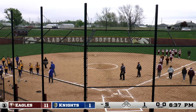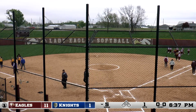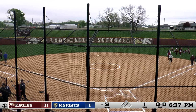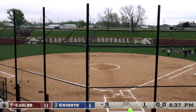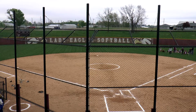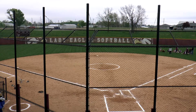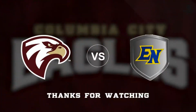So taking a look at some of the stats, the one that got me was a perfect batting average on the day. 3 plate appearances, 3 at-bats, 3 hits, 2 doubles, 1 single for number 12, Haley Webb. Perfect batting average for today. A couple of them who got close are number 2, Casey Snyder, who had a .667, number 19, Emma Hiss, who had a .667, and Monroe Hyde, who had a .667. All of them got close to a